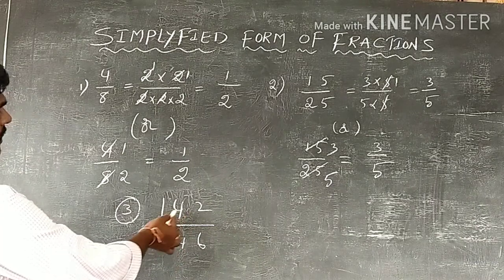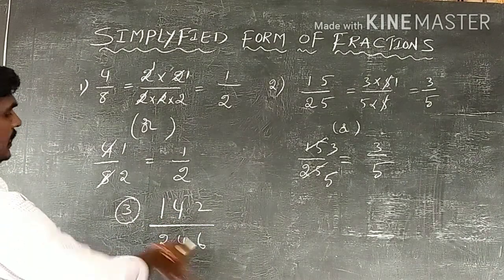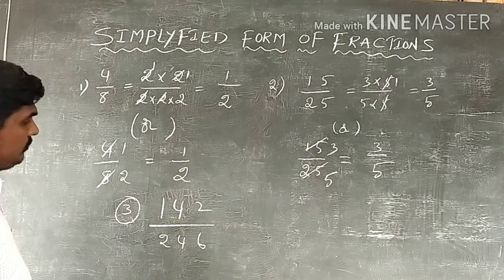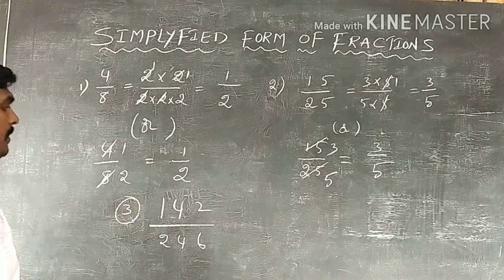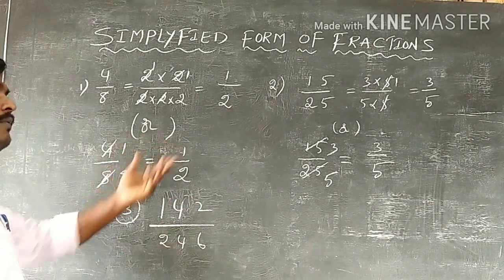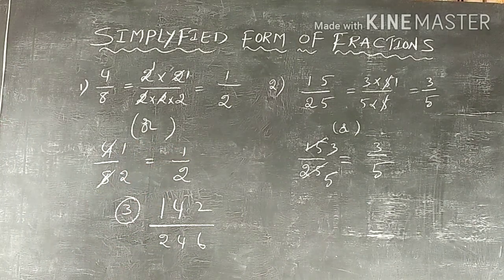Here if you can observe, 142 is an even number, 246 is also an even number. So even numbers are divisible by 2. That is the first point. That means one time 2 table, numerator and denominator we have to cancel. Again one more time, like that we have to continue. That is one way. And another way is